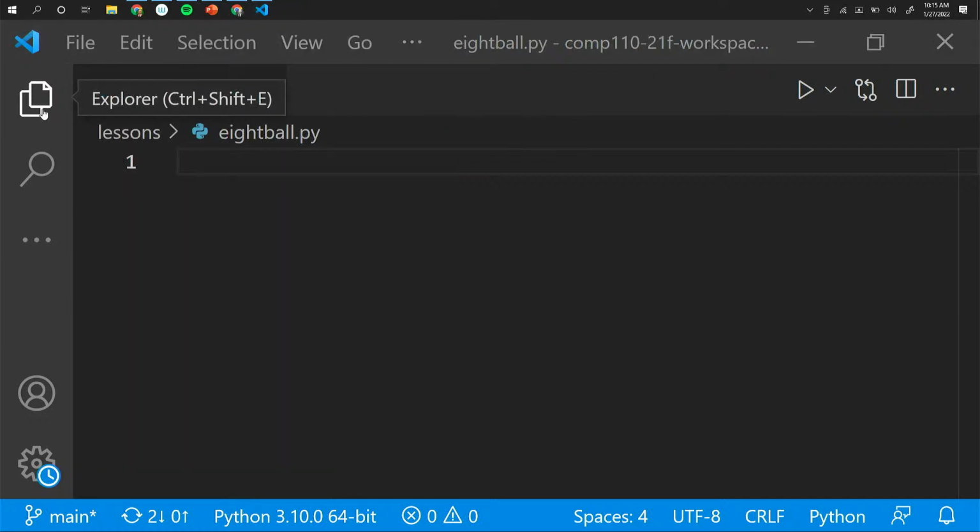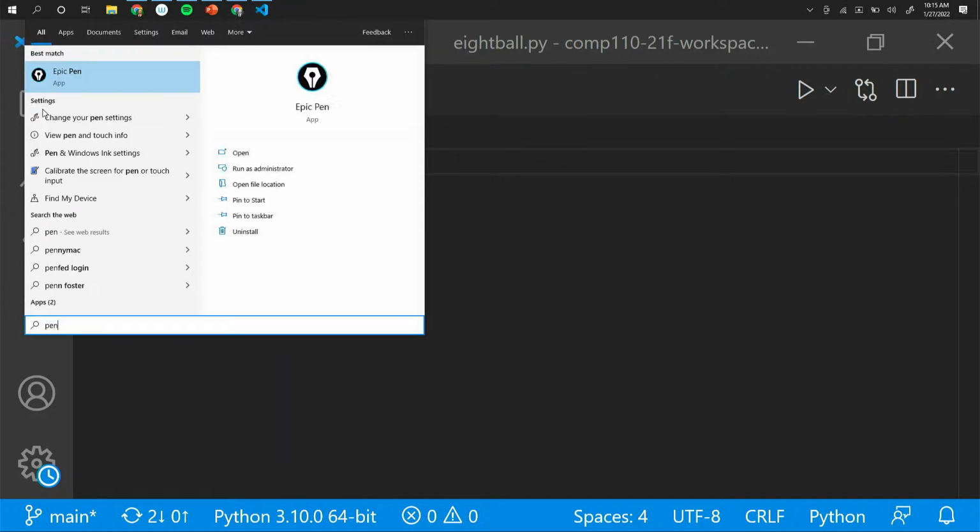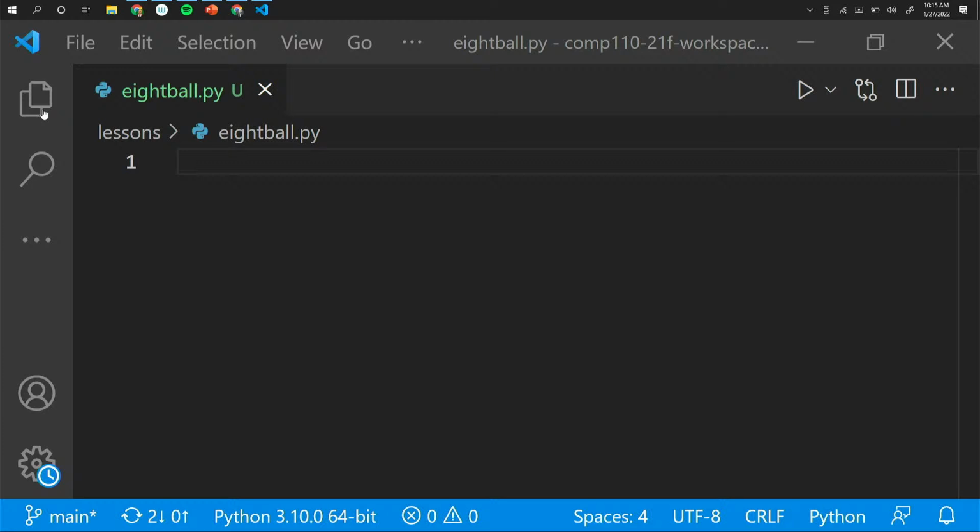And I want to point out that whenever we're in an example like this, and whenever you're actually working on code, part of VS Code, which tries to be very helpful, is just below your tab, the line below your tabs. This is telling you the path to the file that you've got. So we know that we're in the lessons directory, and this is 8ball.py.